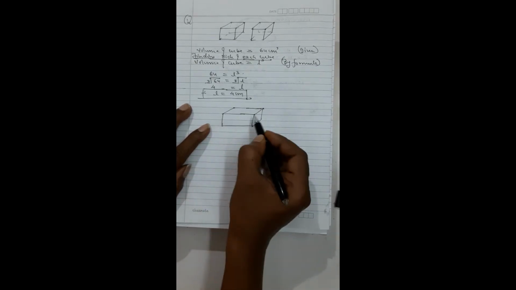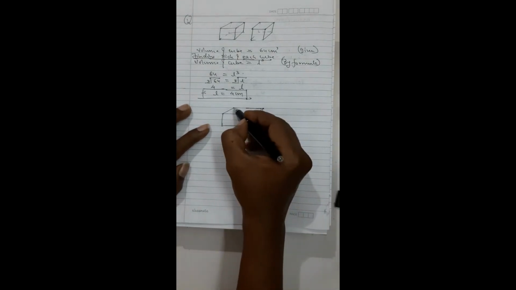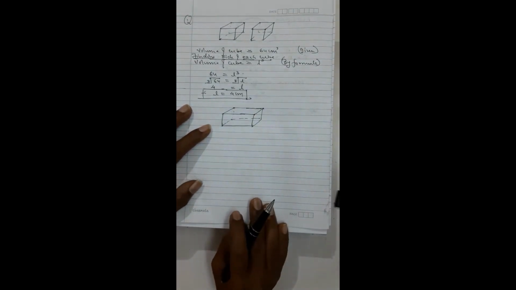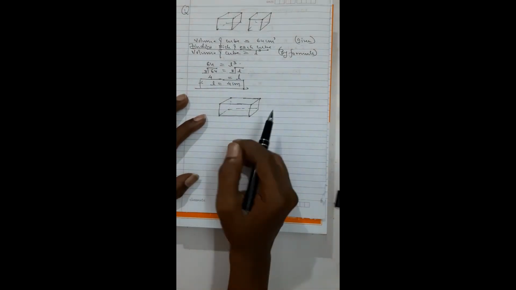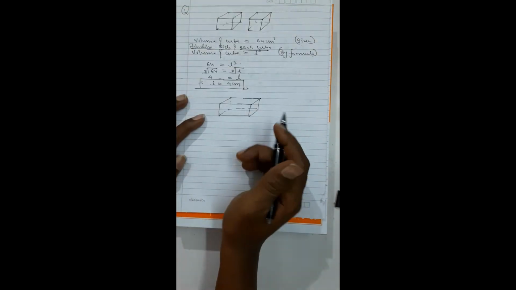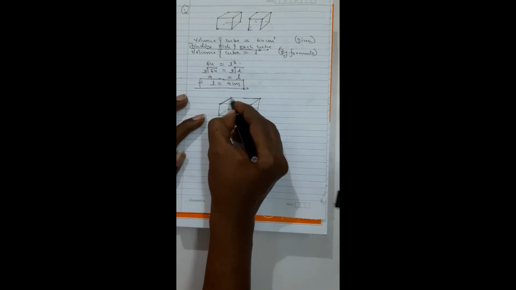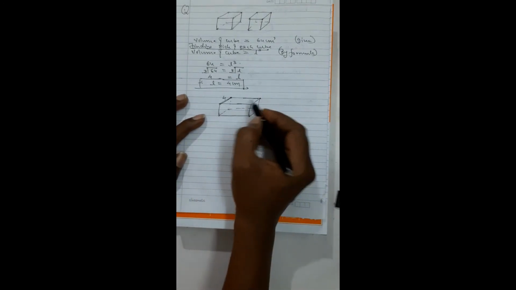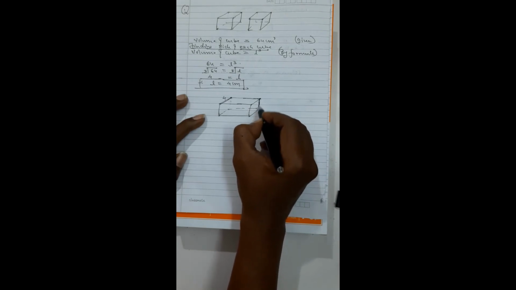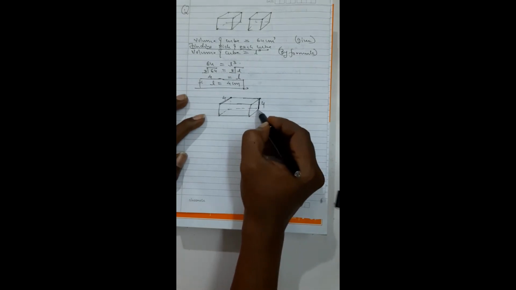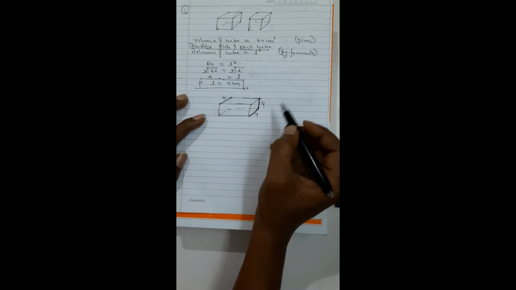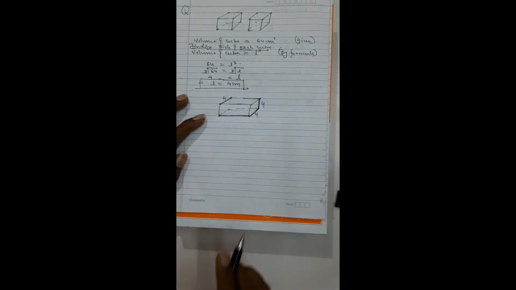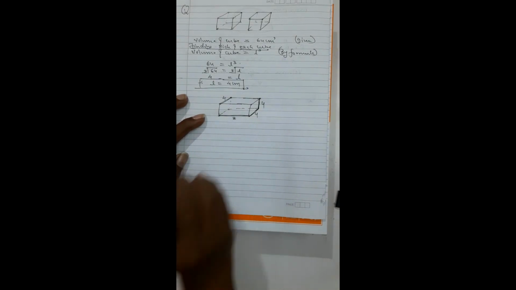You don't have to actually draw figures in exams and everything. This I am giving you all just so that you understand what is happening in the question. Now, once you have joined them, the sides are going to stay 4 even now. Height is also going to stay 4 even now. This is also going to stay 4. But what about the length? This is going to be 4 plus 4, 8.